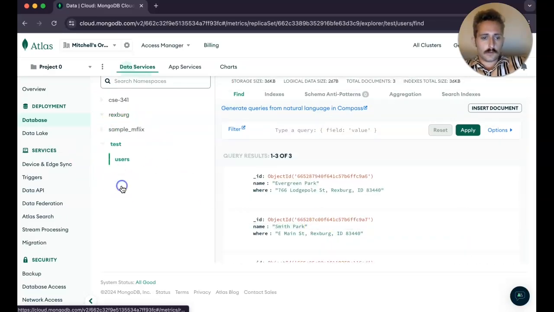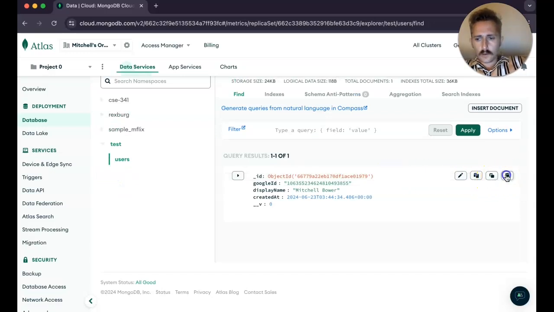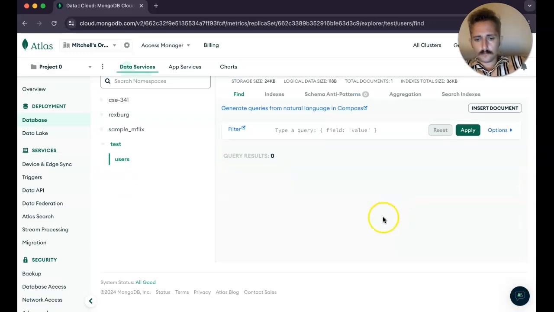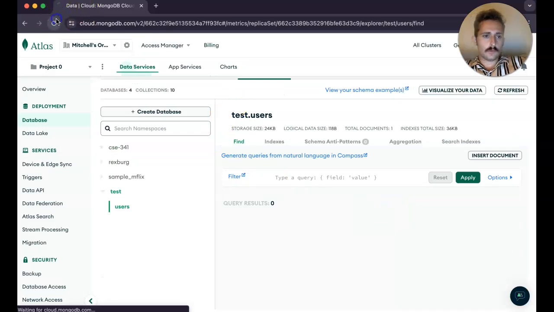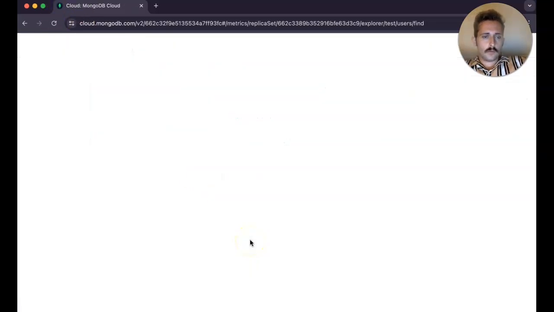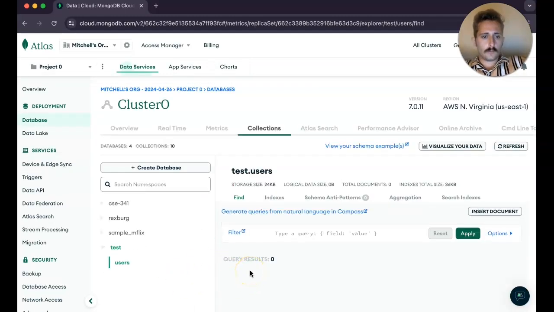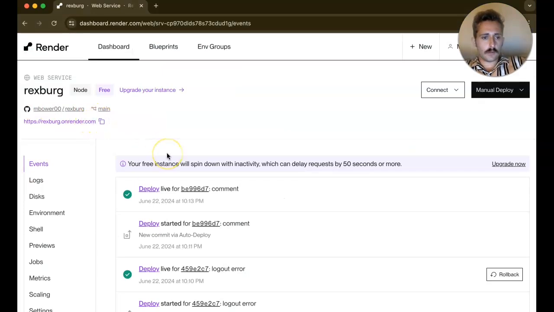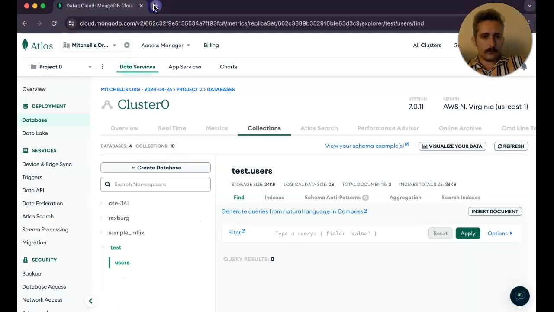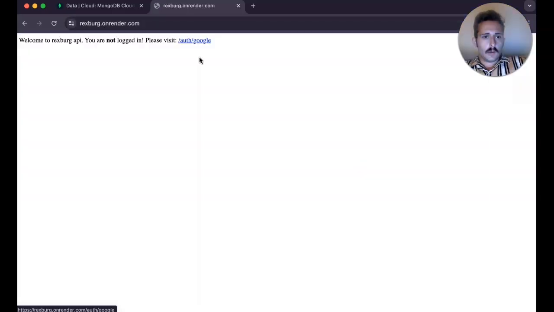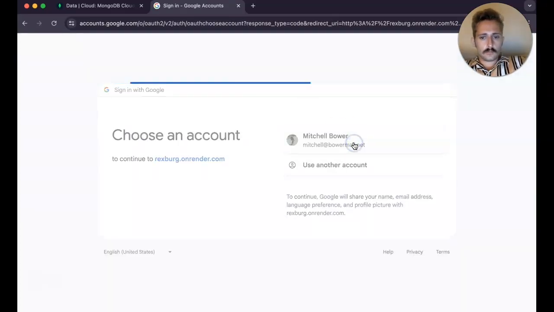We also have a section here, and we'll just delete this for users. So we'll refresh and everything, and there we go. Now let's go over here. We'll copy this thing from Render, paste, and as you can see, it says welcome to Rexburg API. You are not logged in. Please visit auth Google. So we'll click that, and we'll log in here,